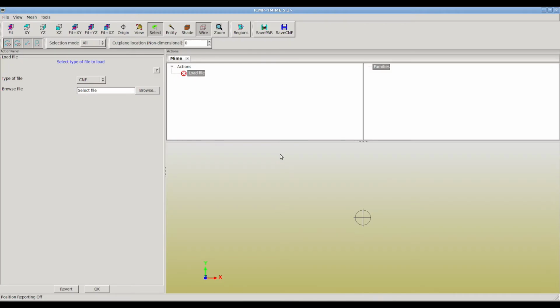In this tutorial, we're going to discuss a simple setup using MIME in order to import a geometry and mesh it for CFD++. Before going through and loading the model, I want to go over the features of the ICEM-based MIME interface. All the ICEM-based interfaces have a menu bar